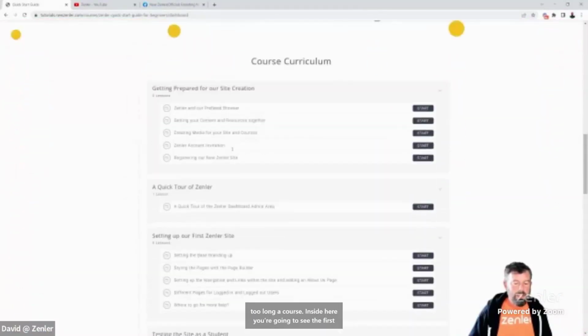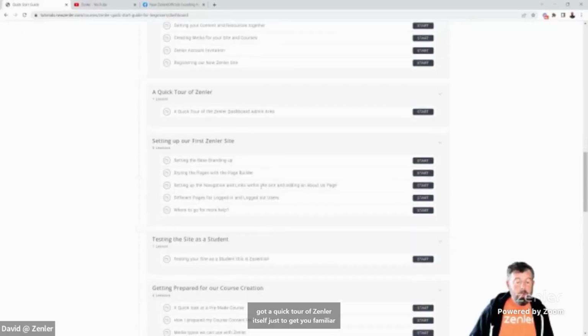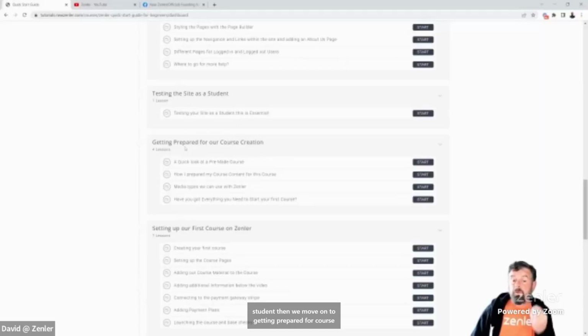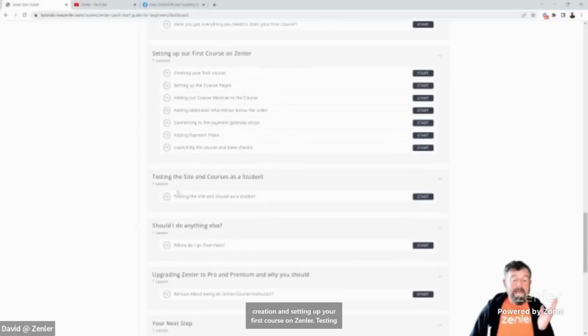Inside here you're going to see the first part is getting prepared for our site creation, and we've got a quick tour of Zenler itself just to get you familiar with it all. Then we've got setting up our first Zenler site. So obviously before you create your amazing courses, you've got to have a site in which to put them. So we start there and we take you through the basics of that. And then we go testing it. So we're going to test the site now as a student. Then we move on to getting prepared for course creation and setting up your first course on Zenler,